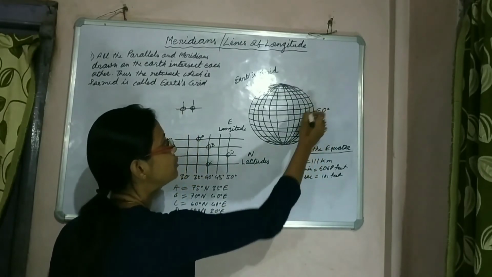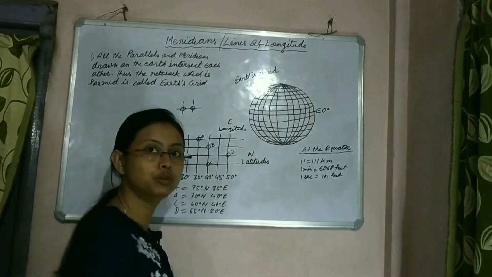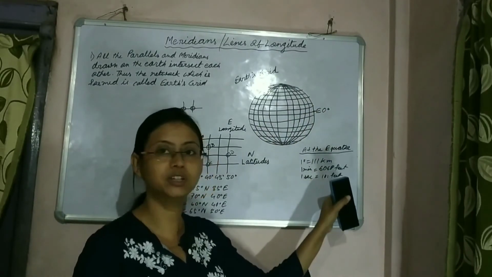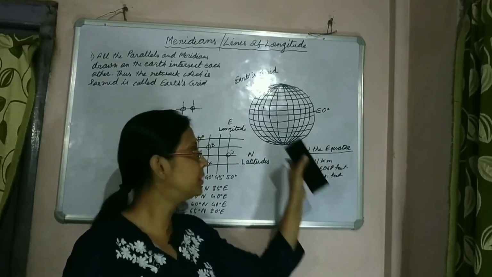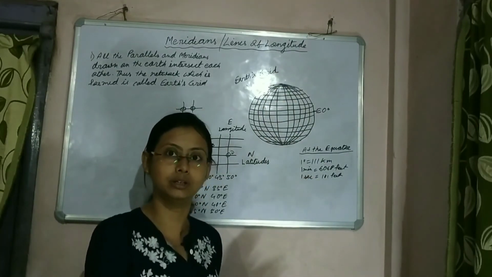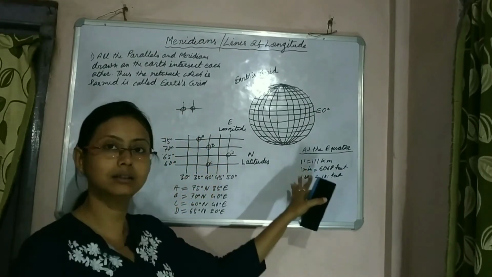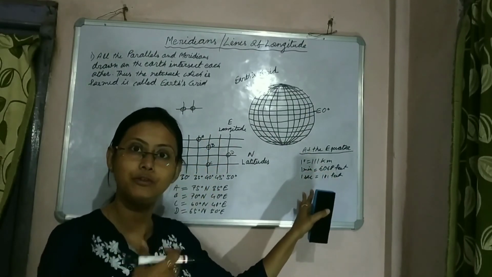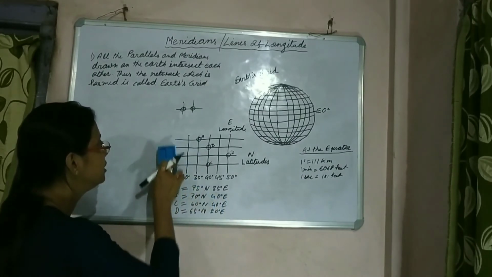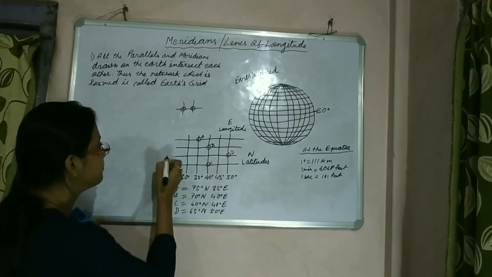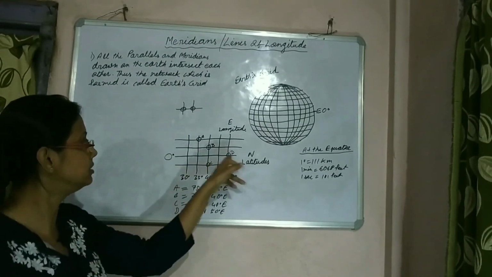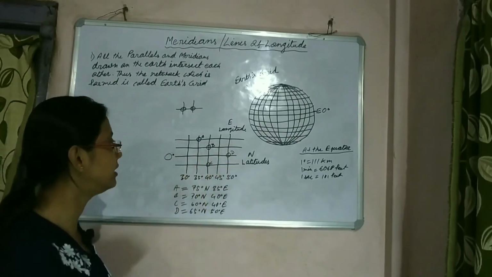So on this equatorial line, the distance between two meridians is found. This much distance is found, but on the equator only. As we move towards the north and south pole, this distance continues to decrease. So let's take the equatorial region as our reference for easy understanding, and let's take this line as the 0 degree latitude.